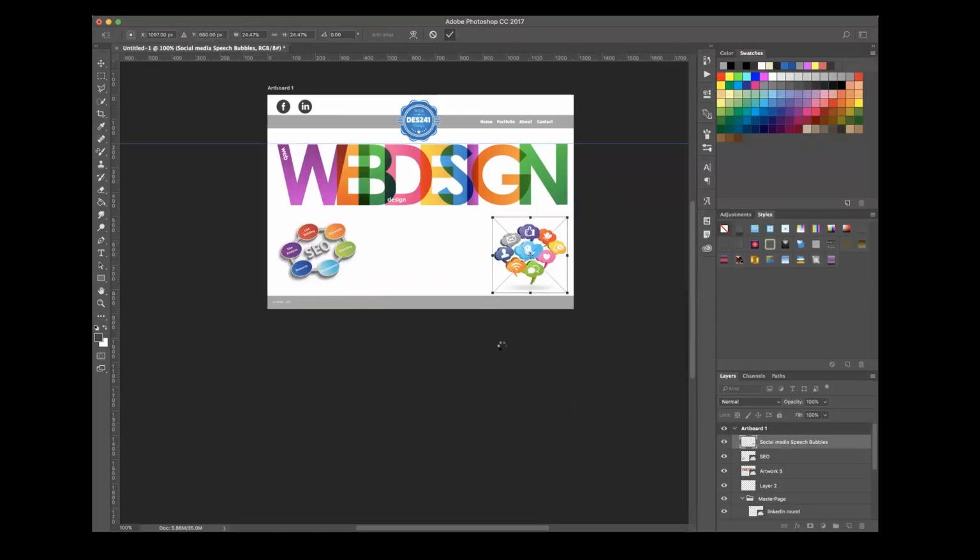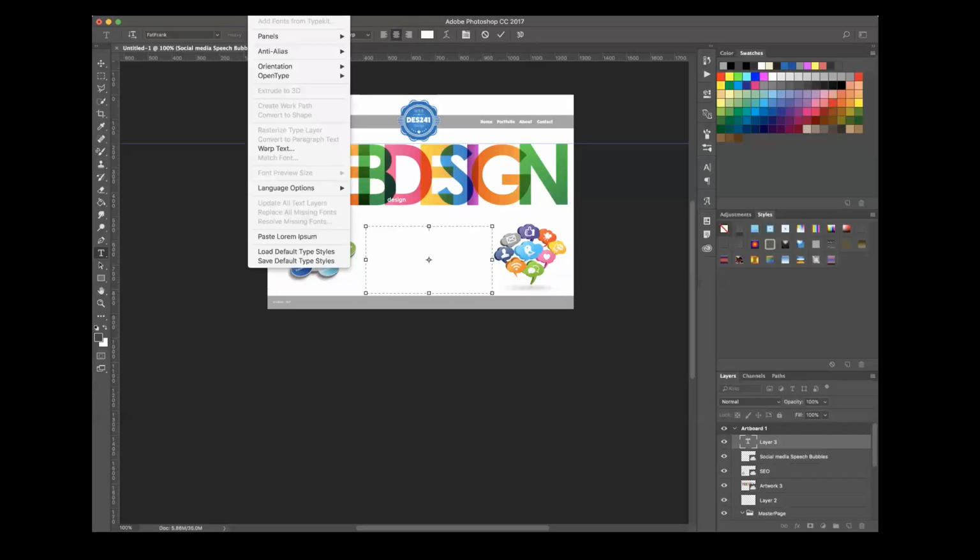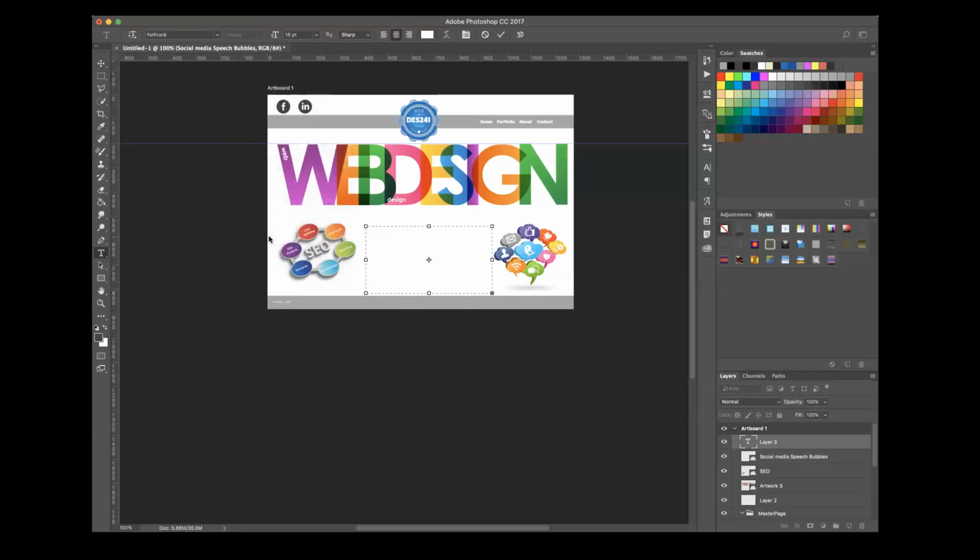Like that. And then I'm going to have text in the center of this. So I'm going to grab my type tool and make a text box across here. Type and paste Lorem ipsum, which is fill text. And then it's definitely a little too big, so I'm going to highlight all that. I want it 12 point,